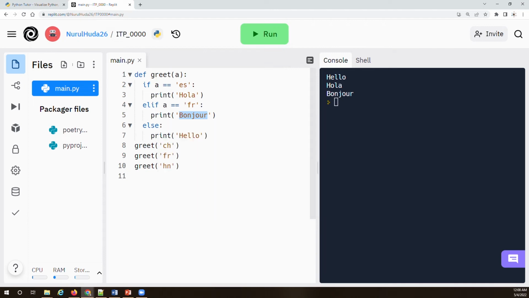In if else, starting from the top, it keeps comparing, and as soon as one condition is met, it gets out of the if else statement. If none of the conditions are met and you have an else part, then the else part is executed, right? So when we call with fr, it goes in a, this condition will be met, so bonjour is expected as the output, and then the function